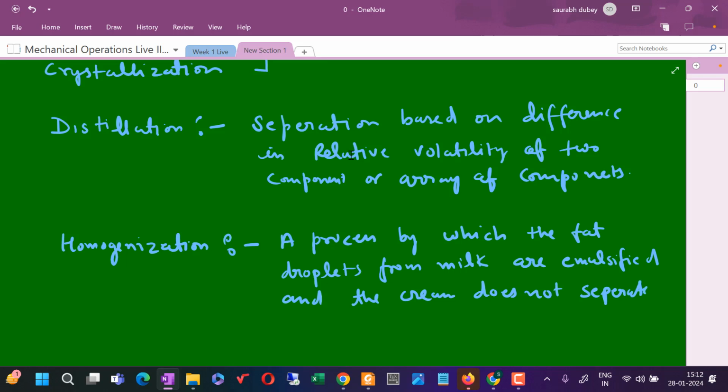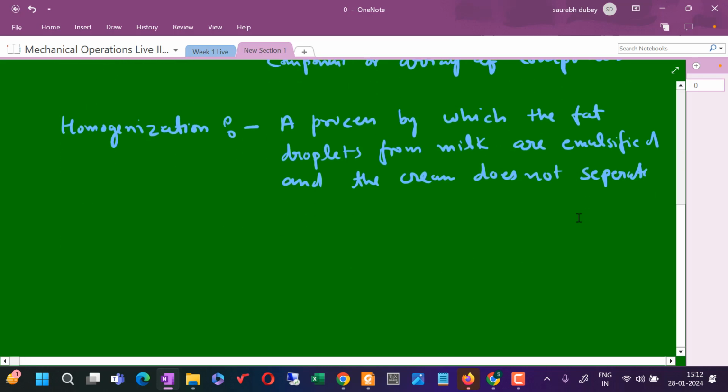Okay. So after homogenization and pasteurization, milk travels to one of the storage tanks that are there,